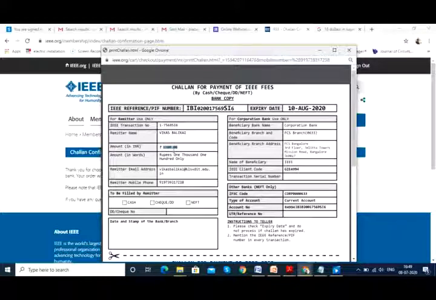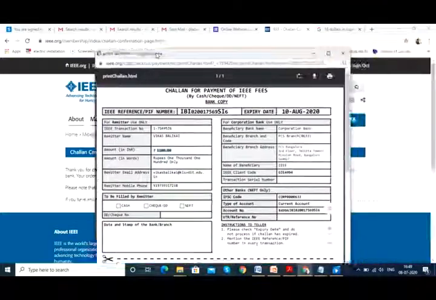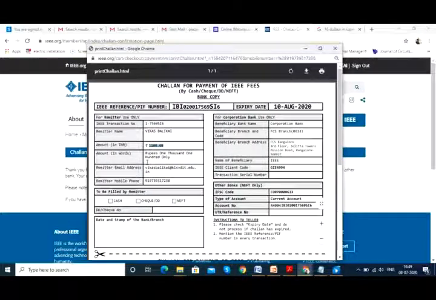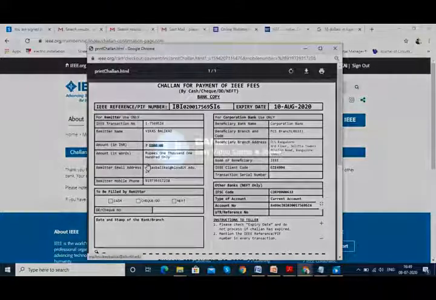Now this is your half yearly price. Now if you are doing the same thing from January onwards, it will be exactly double of this, that is 2200. So that's how this entire process takes up. In case of any issues, any doubts, please do contact me and I'll try to resolve the issues then and there. Hope this has cleared out the methodology or the mode to do the IEEE membership as a student member. So thank you for your patience listening. Thank you once again.